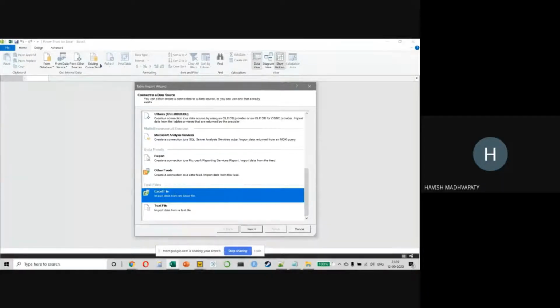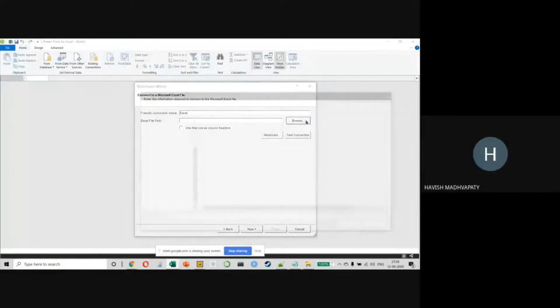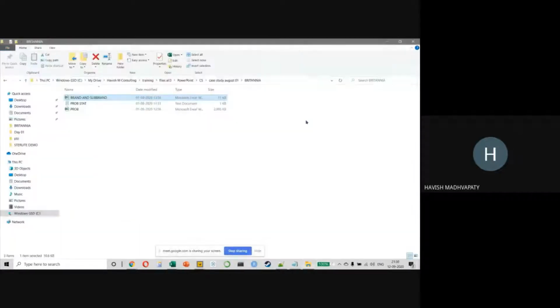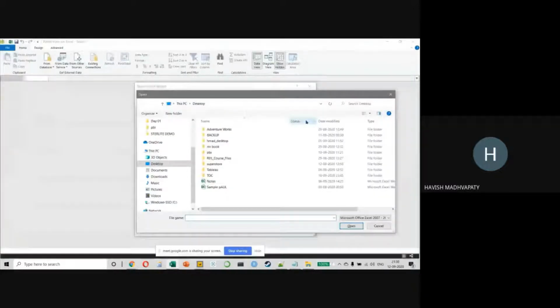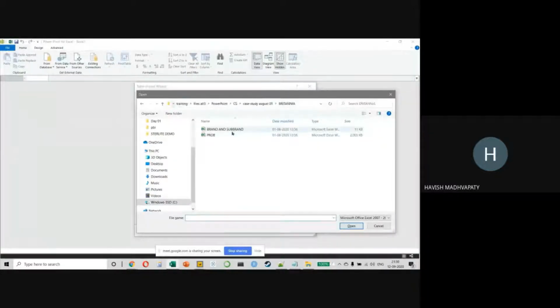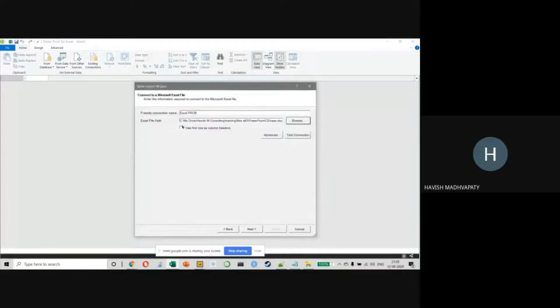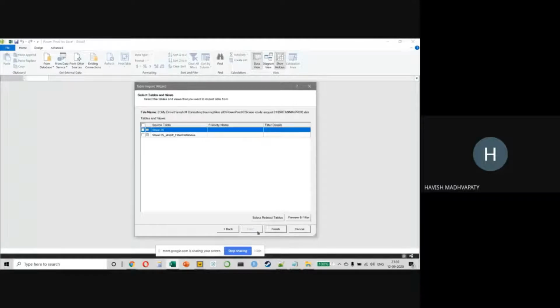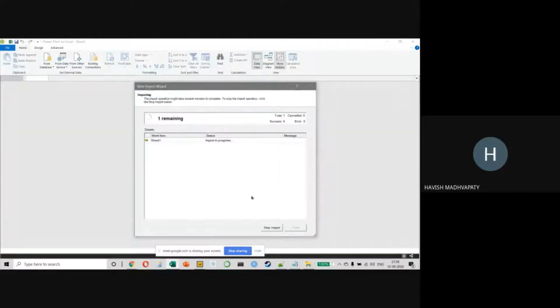So what did I do so far? I clicked on Power Pivot. I went to Excel. I'll click on Next. I will quickly browse, and I'm just going to select my folder path from here. And I will select my prob. Prob is the complete sales data. My first two are the column headers, so I'll just click on this option and click on Next and Finish. And it says I have to first select something, so let me select the sheet. 18,072 rows have been transferred, and I close it.